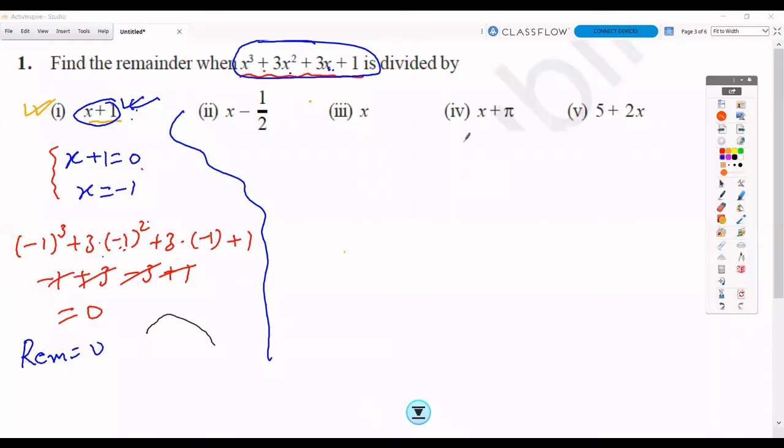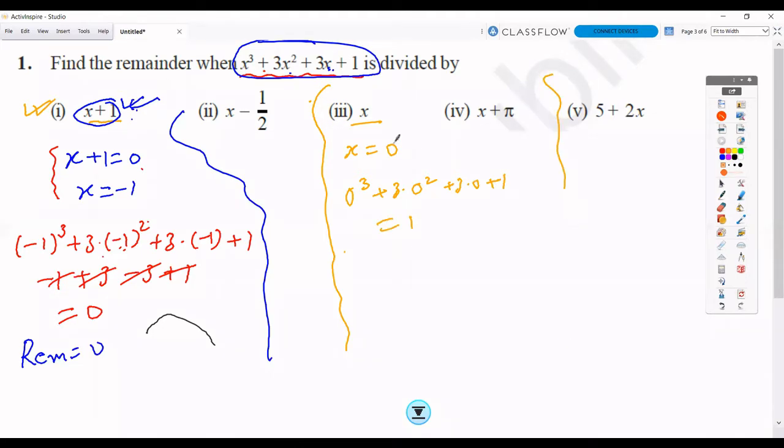Discussing the first problem which I can see in the third question: you are supposed to equate with 0, which means x is equal to 0. You cannot simplify because it is given as it is. The next step, you replace the value of x in the dividend. So 0 cube plus 3 into 0 squared plus 3 into 0 plus 1, which is 1.